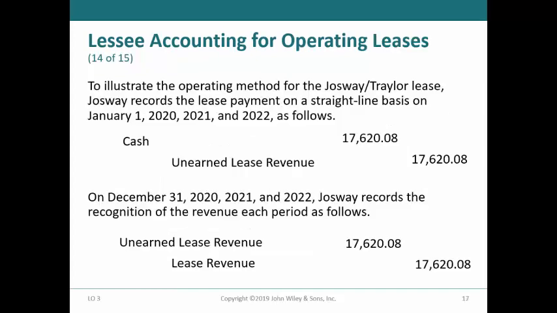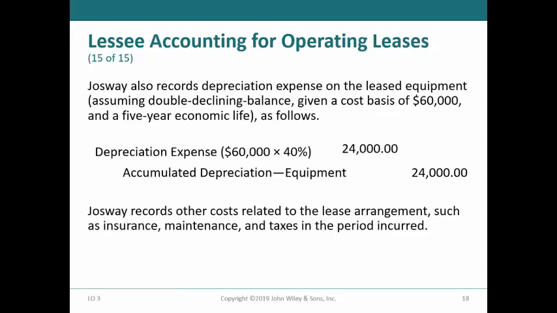When the lease is signed, Josway would receive the first lease payment. Since the compactor has not been available for use by Trailer, Josway would debit cash but credit unearned lease revenue for the $17,620.08, and they would do this each time that they received the cash. At the end of each of the 3 years, Josway would debit unearned lease revenue and credit lease revenue to recognize that amount. Josway would also record depreciation expense for the compactor by debiting depreciation expense and crediting accumulated depreciation